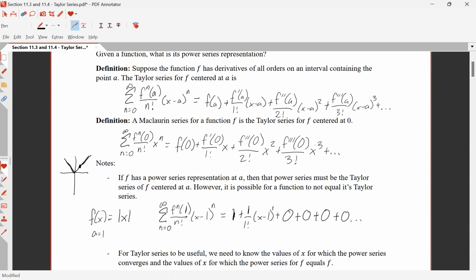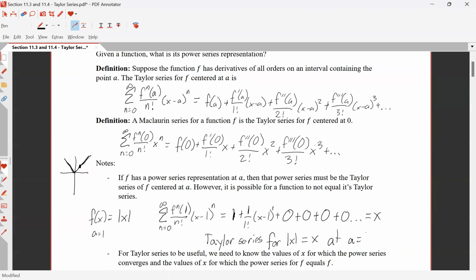And if we simplify this down, 1 plus x minus 1 is just x. So the Taylor series for the absolute value of x is x